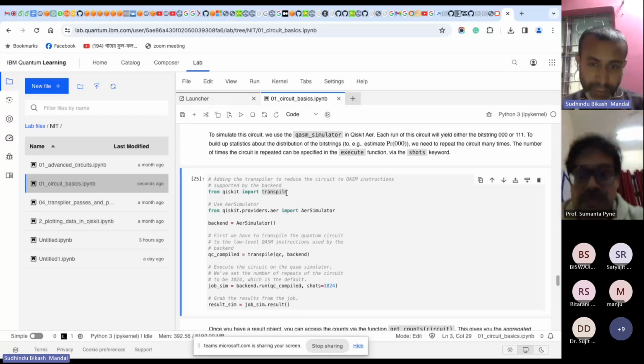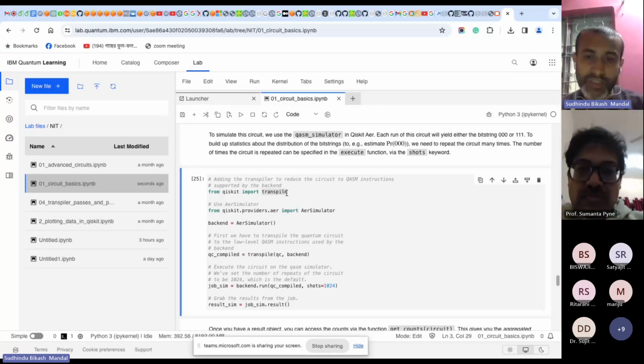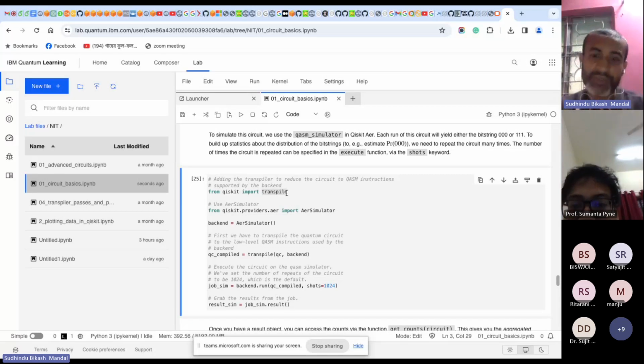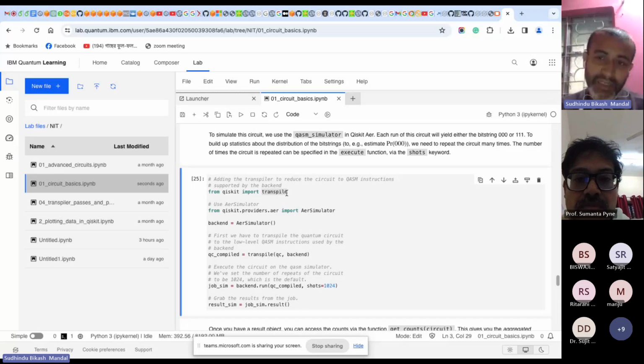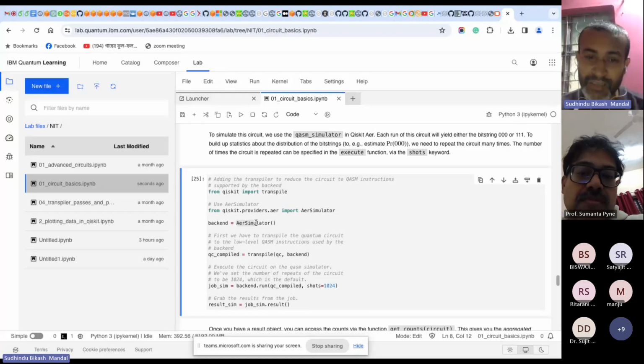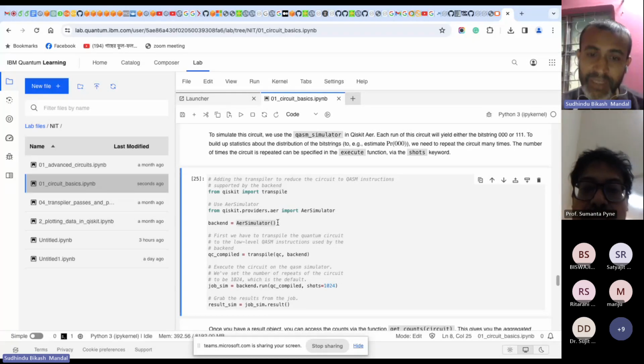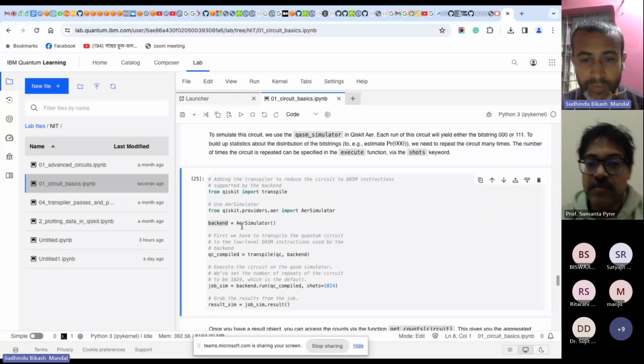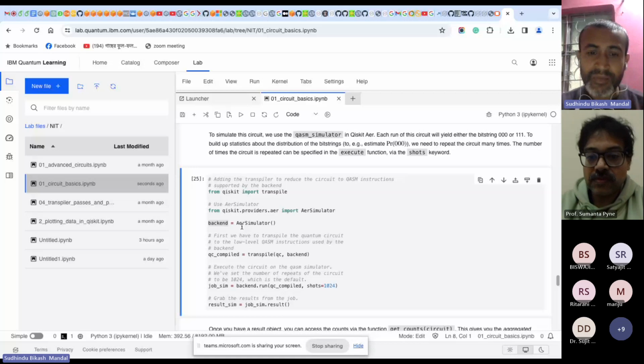physical level interpretation. That's why after this transpilation, this quantum circuit transfers into a pulse level simulation, pulse level, and then it goes to the real hardware. But here we are not putting real hardware. Air simulator is actually our QASM simulator. That's why we are putting it as the backend. If you want to execute on real hardware, then you have to put the backend name there.